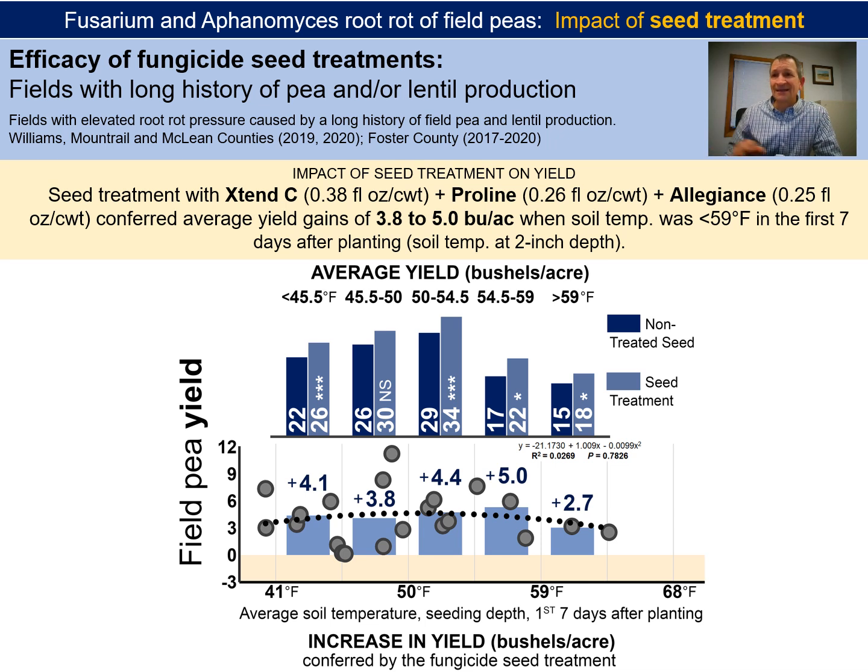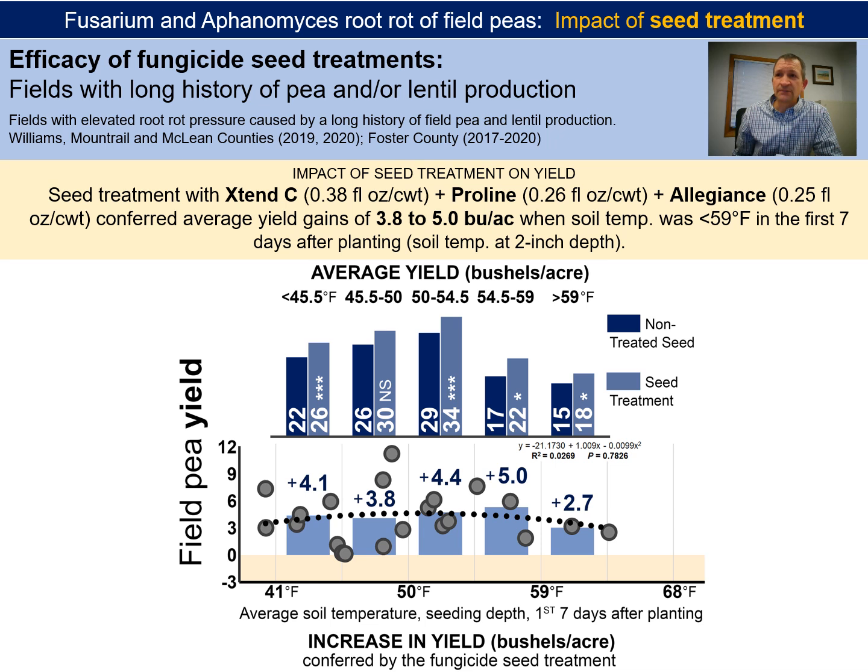Okay, Allegiance, which is metalaxyl, which is a good Pythium product. Okay, so we mix these three, but what you notice here, now we have a very good Fusarium product in the mix, not just a good Rhizoctonia and Pythium product. Okay, and what you can see here is that the yield gain conferred by the fungicide seed treatment is relatively